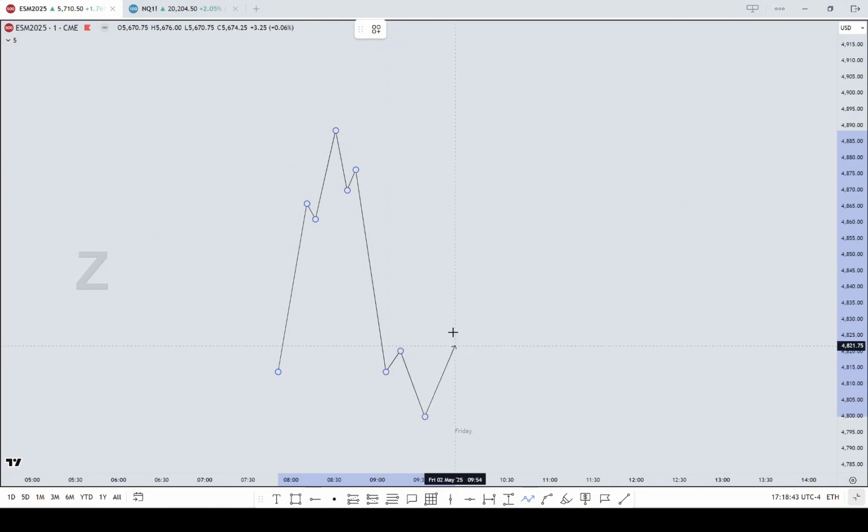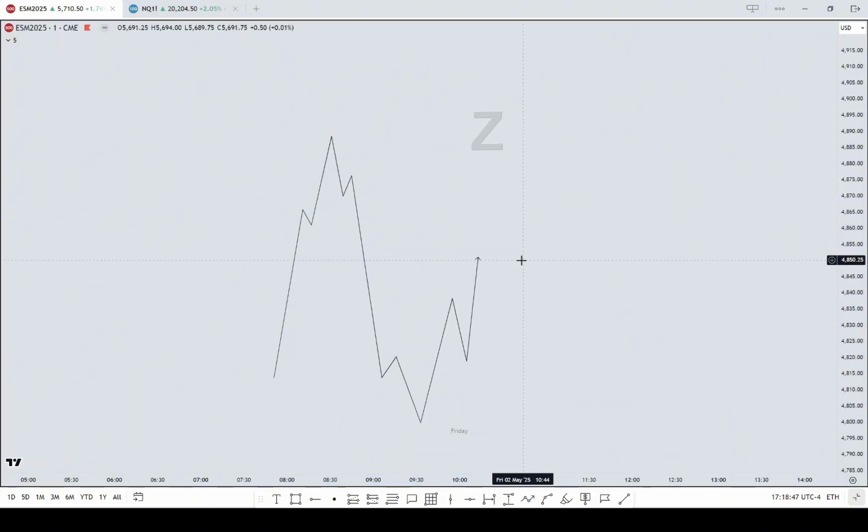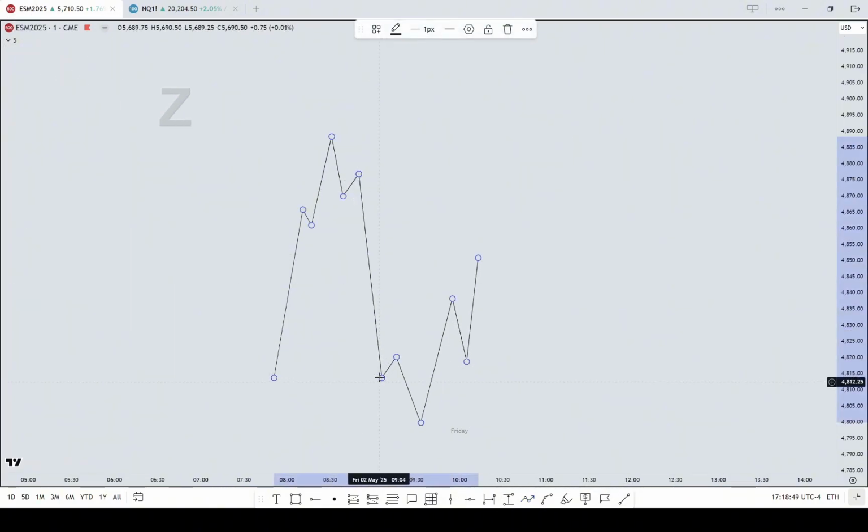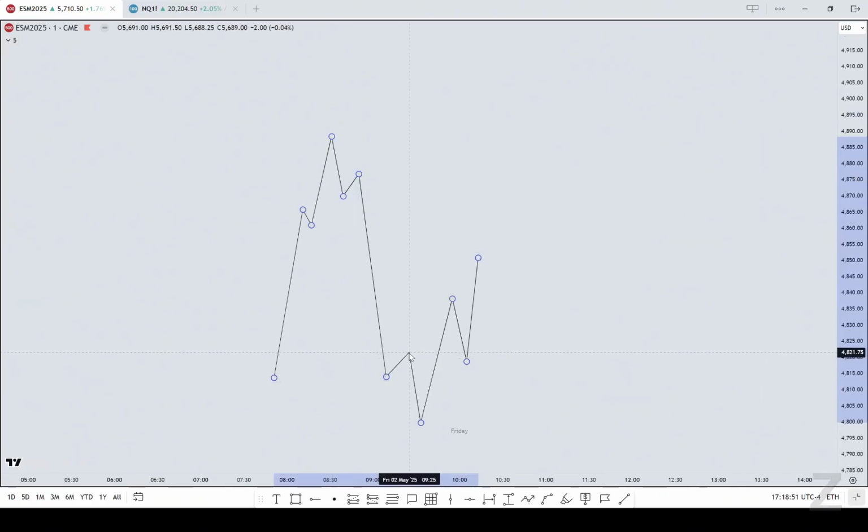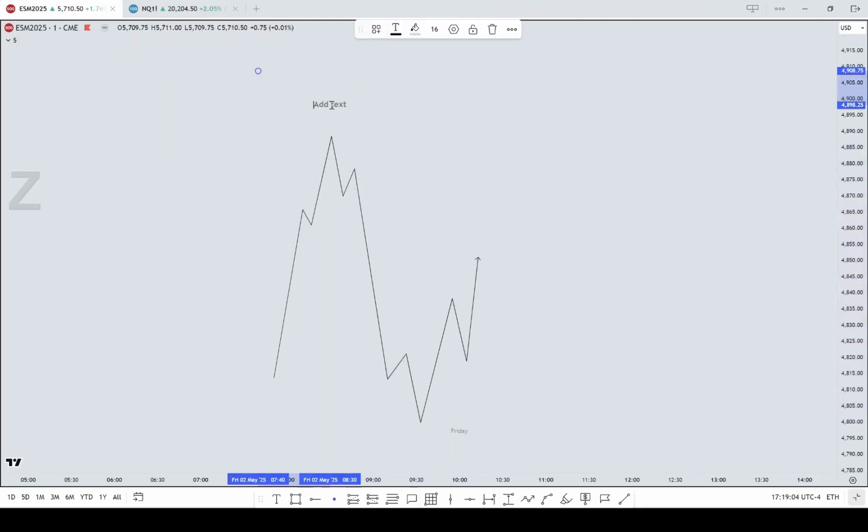So now, how can we use this? Okay, so the way we can use this is that we are going to utilize, and this is a model in and of itself, so you can already start looking for this on the chart as soon as this class finishes. Okay, you're going to have to look for liquidity as your target